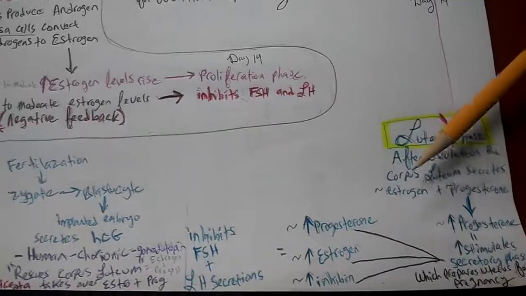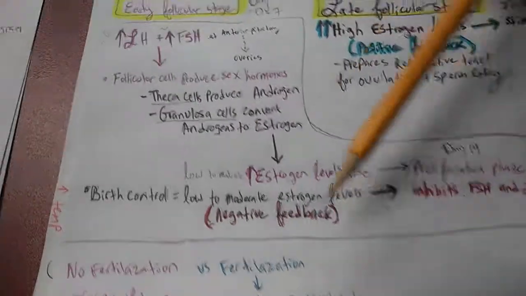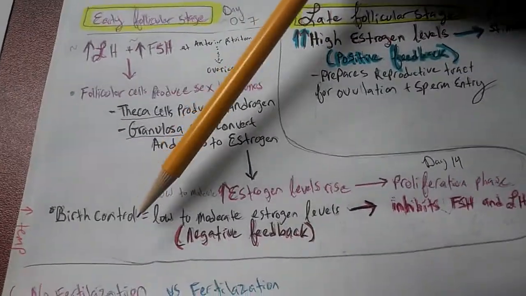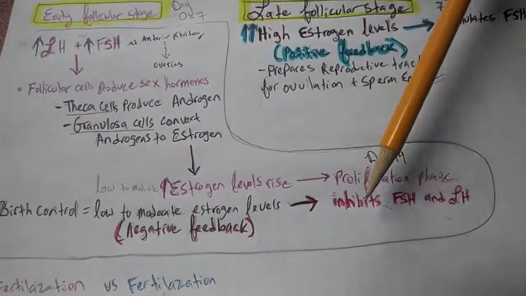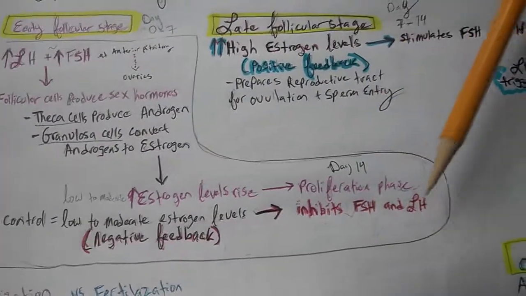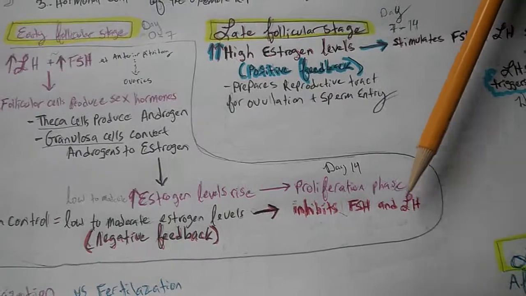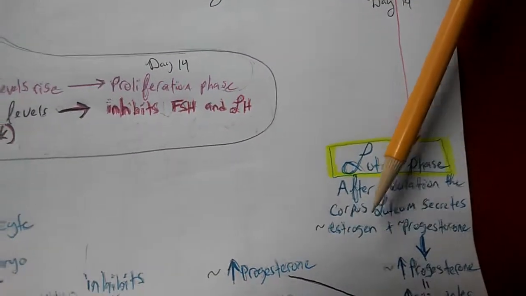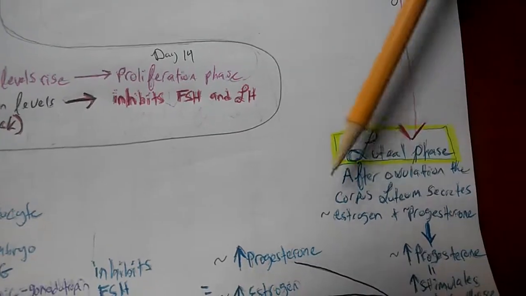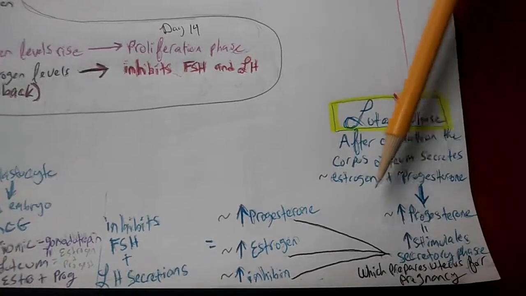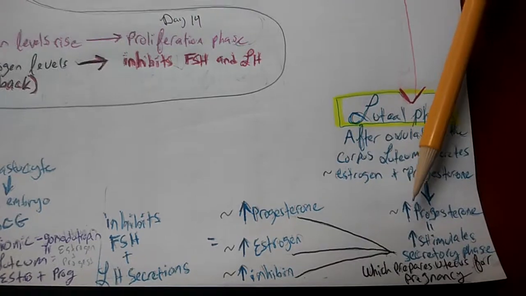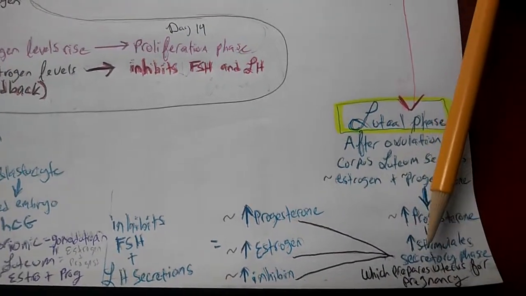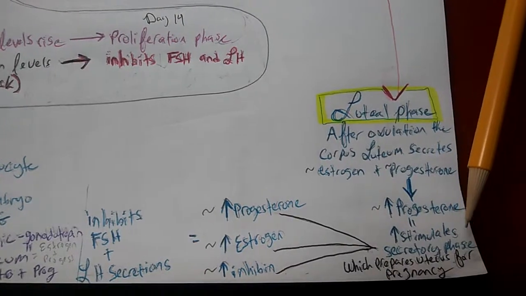And just recall that if we do have some estrogen or some progesterone, then it'll act kind of like a birth control. It'll tell the body to not make an egg, to not produce estrogen, and to not go through ovulation. So the corpus luteum, you could think about it like a birth control tablet maybe. Just my thoughts. So if we are increasing the progesterone, then this stimulates the secretory phase, which prepares the uterus for